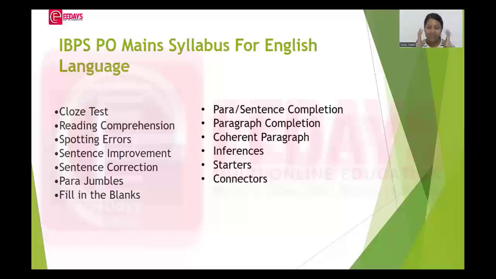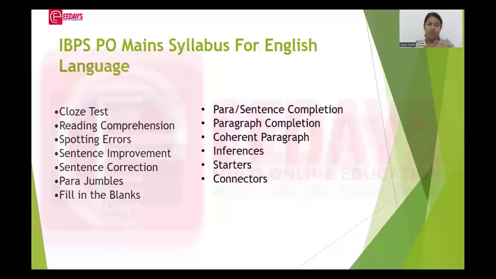So it's not too late. Try to read newspapers on a daily basis, and that would help you with general awareness and economic paper also. And coming to spotting the errors, spotting the errors commonly lies in subject verb agreement and parallelism and such topics. So in upcoming classes, we'll be diving deep into these topics and